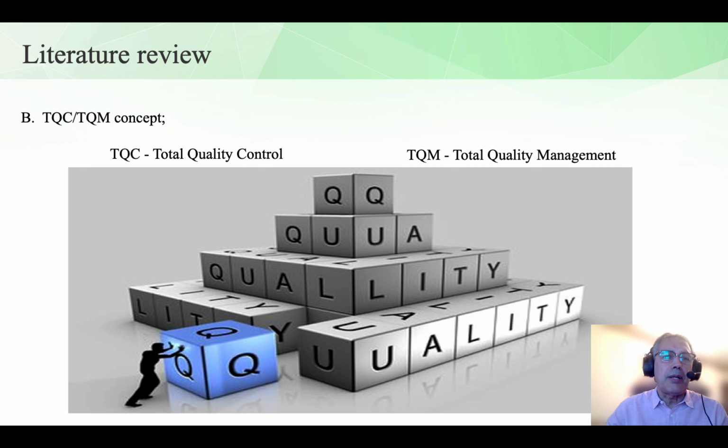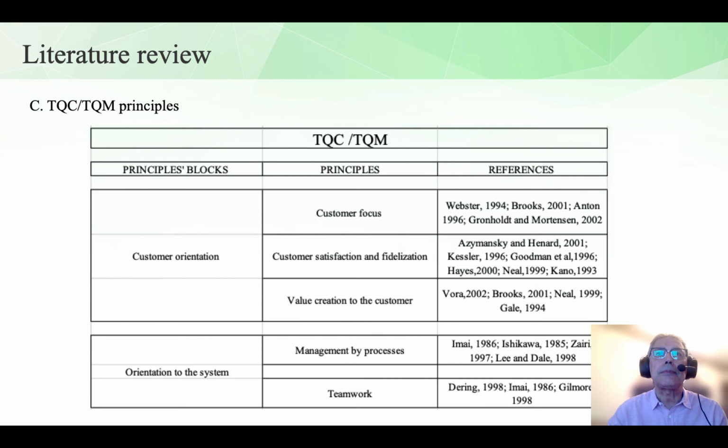When we start talking about TQC, TQM and the quality, they can be defined as a systemic approach to the management of a company based on management by processes and continuous improvement of business performance by all human resources in order to satisfy the expectations of customers and other interested parties. So then, TQC/TQM is a very pervasive management approach aimed at improving company routines, relationships, and results to ensure stakeholder